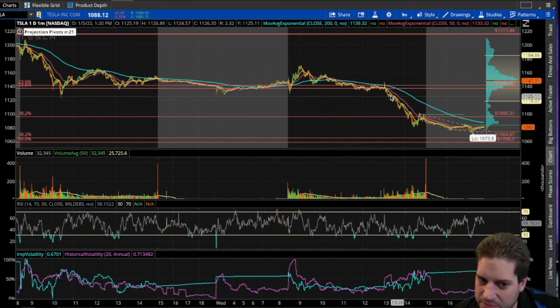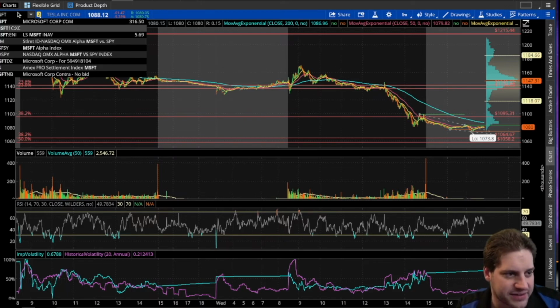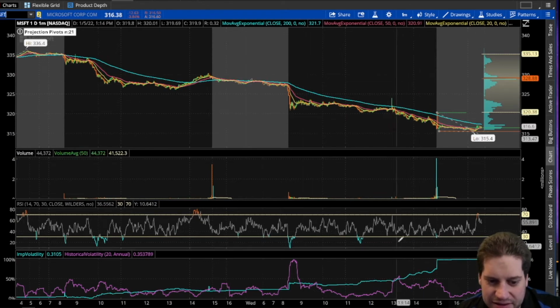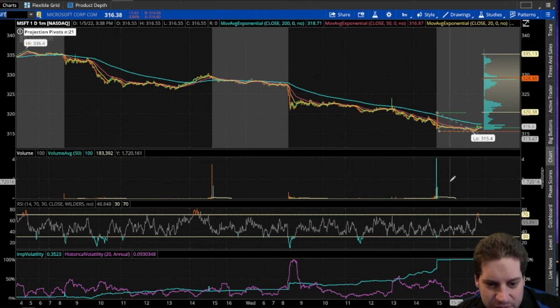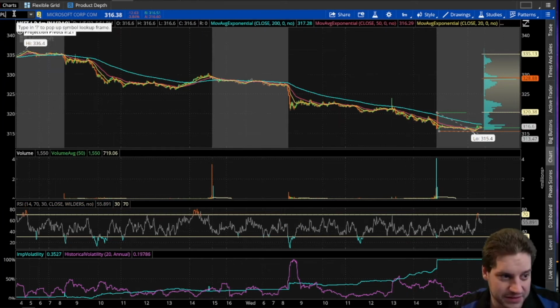And you can see it's in a pretty big downtrend. Volume was picking up. And so I was thinking, okay, that's going down. If you just look at a bunch of other stocks, like Microsoft even, at about the same time, huge downtrend going on. Volume starts picking up. And then you look at previous days, it spikes towards the end, so volume's going to continue picking up. So again, I'm thinking Microsoft's going to go down, Tesla's going to go down, I think Apple's going to go